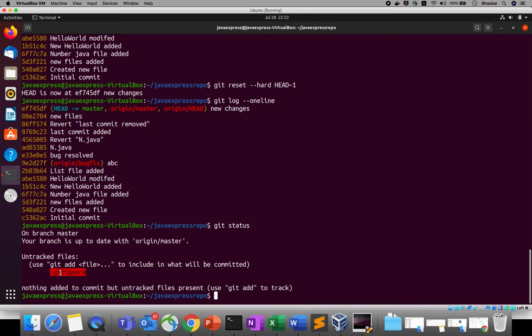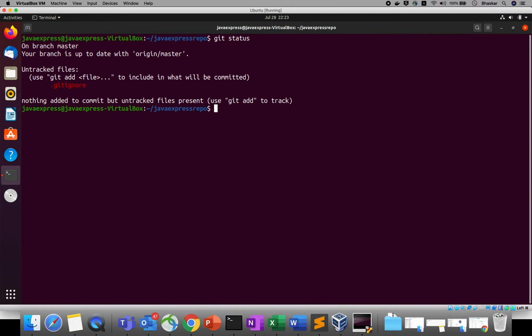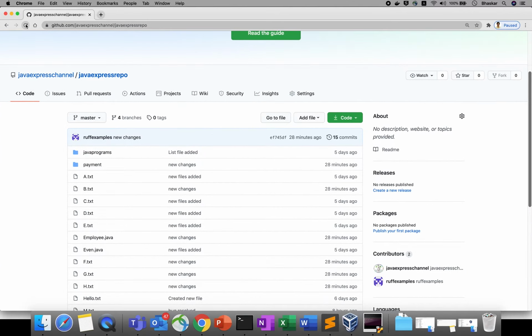And suppose you pushed a commit by mistake to your remote repository. You want to revert back, I mean you want to delete that commit id completely. Okay, so what I will do, git status. You are in which branch? Master branch, right? Okay, in the master branch right now.